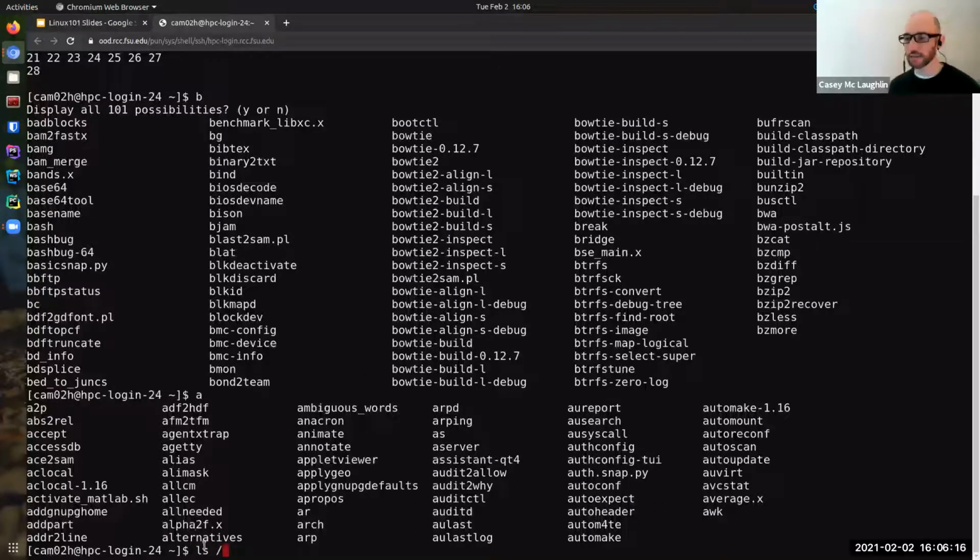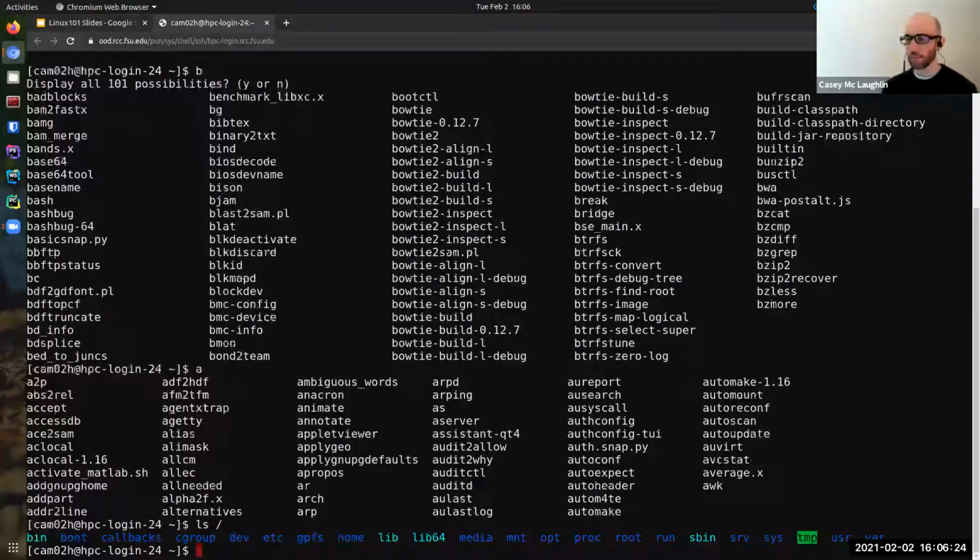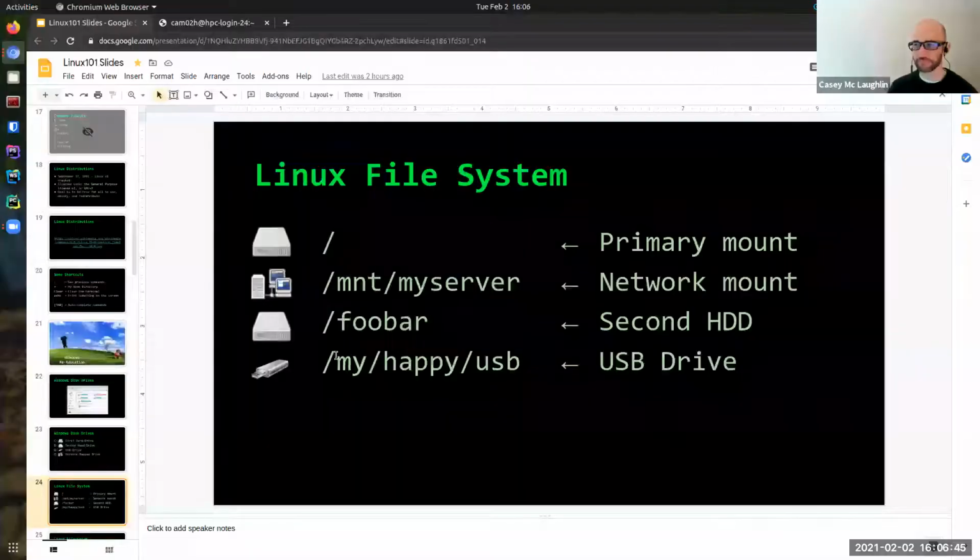I'm going to give it the list command and tell it to list the contents of the root file path. That is the primary mount right there. And you'll notice that the directories are denoted in blue on my terminal, so just know that. All the directories in it have arcane names, and we'll get to that in a minute.